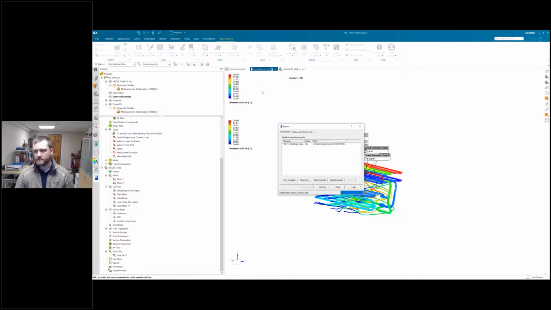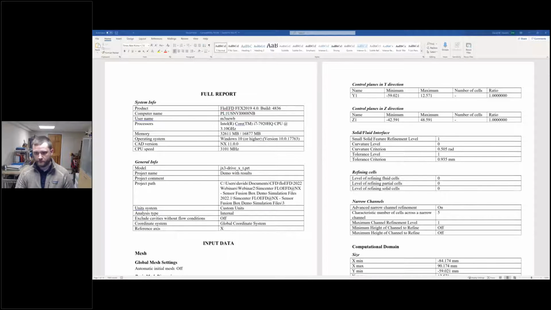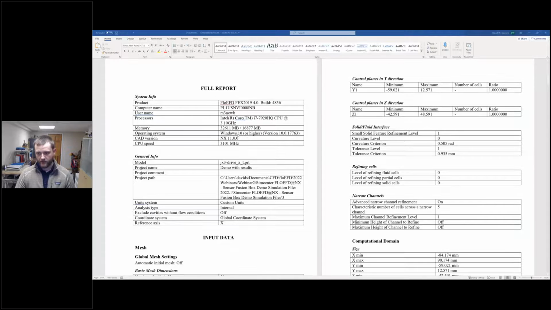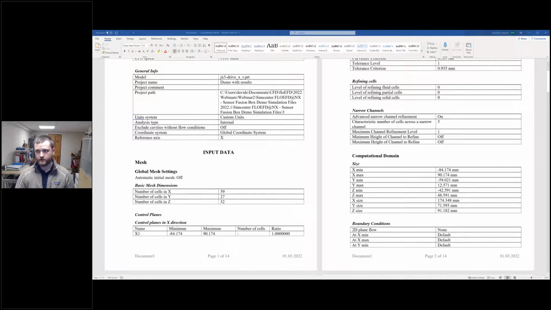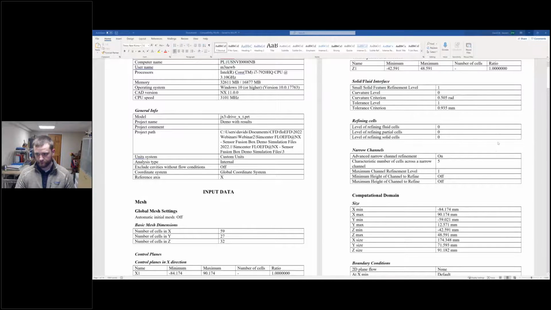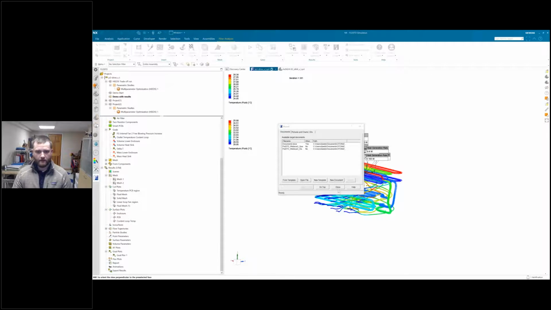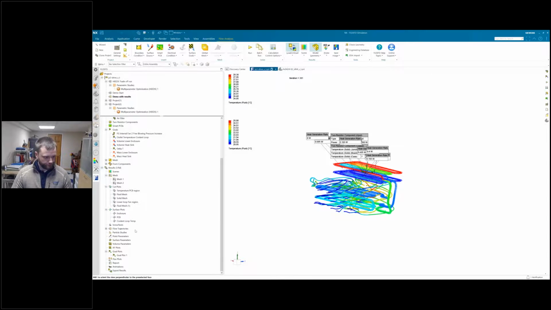Let me make sure you can see that. We have this nice report that's been generated, including all of our system information, all of the input data for the analysis, etc. Let's jump back to NX here. And we're done with that report.